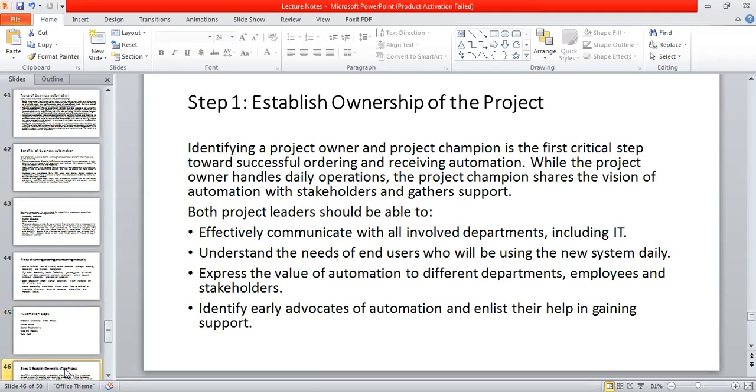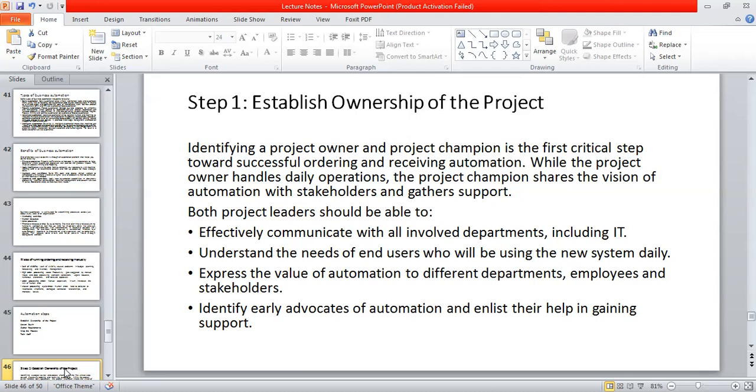So step one, identify a project owner and the project champion, is the first critical step towards successful ordering and receiving automation. While the project owner handles daily operations of the project, the project champion shares the vision of the automation with the stakeholders and gathers support. Both project